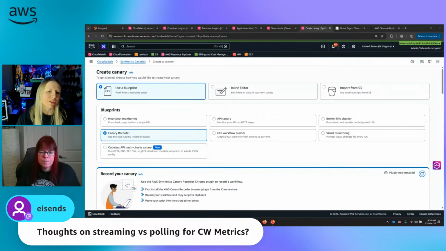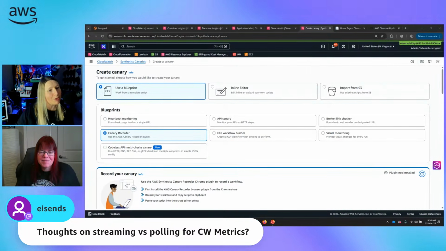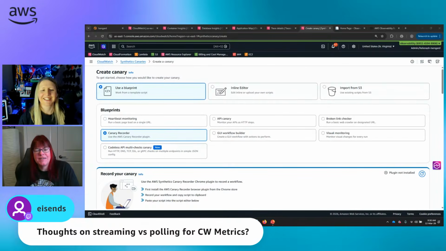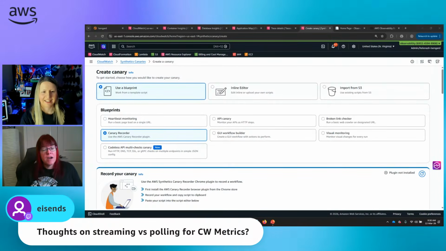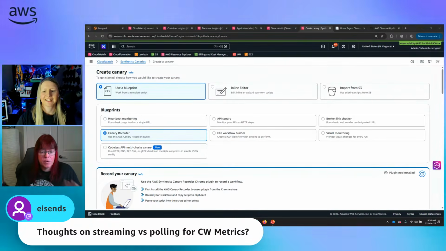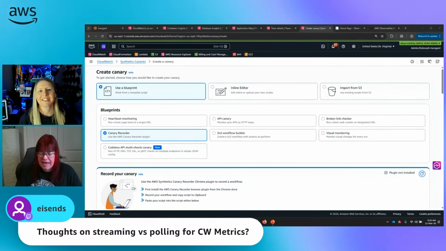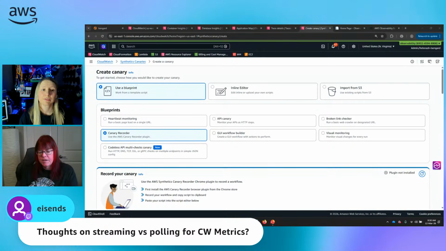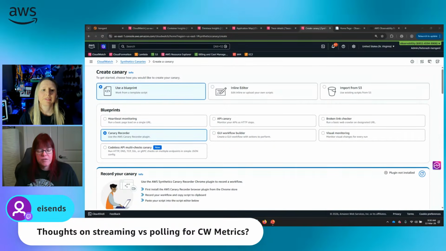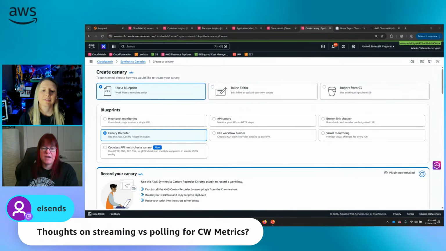Thoughts on streaming versus polling for CloudWatch metrics? So I believe what the questioner is asking about is how we bring metrics in or how we bring metrics out. Both of them could be a case. So if we're talking about data coming into CloudWatch, AWS services supply what we call vended metrics. So those are things where our service teams go, hey, you're using EC2, you should have these metrics. And they're out of the box, freely sent into CloudWatch, and you can go and use them.